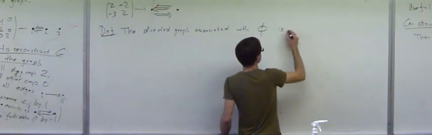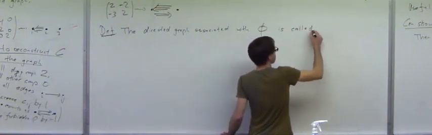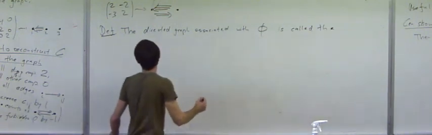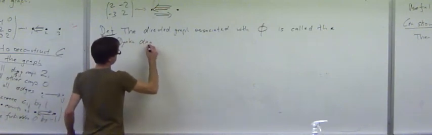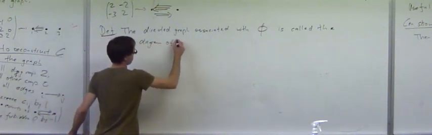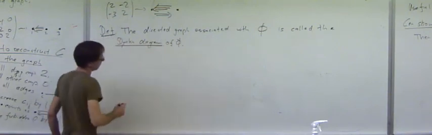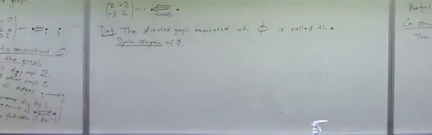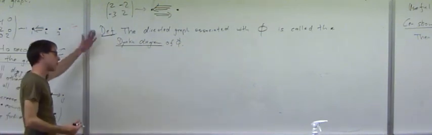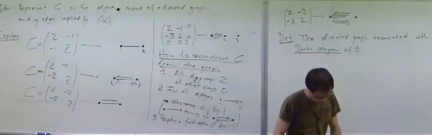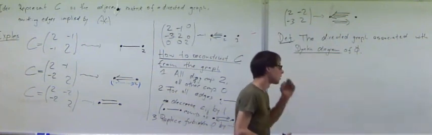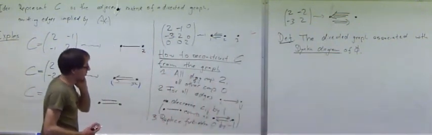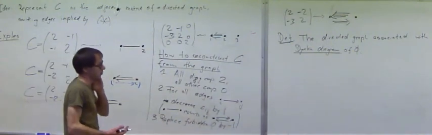And this is called the Dynkin diagram. In fact, this is just a notational convenience. There is no more or less information in the Dynkin diagram than in the Cartan matrix. It's just because people tend to think graphically and like graphs. So